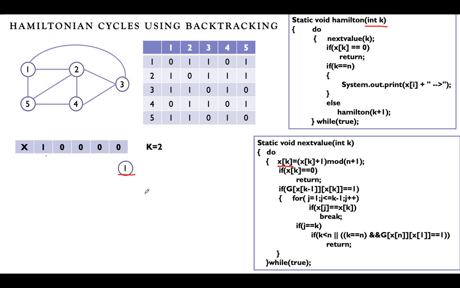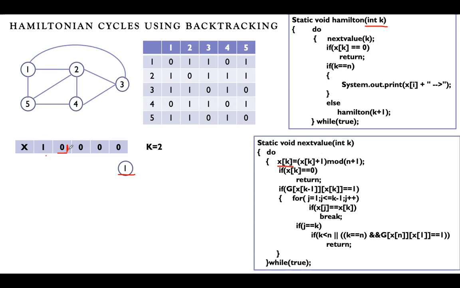So when I say array index 2, it is the second place itself, because the first location x of 0 we have not used, we have discarded it. So we have taken the array of size n plus 1. X of 2, I am talking about the second location in the array. X of 2 is equal to x of 2 plus 1. What is already there in x of 2? 0 is present. 0 plus 1 means I will just store the value 1 here.